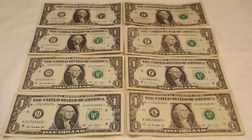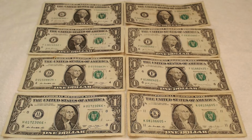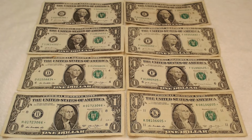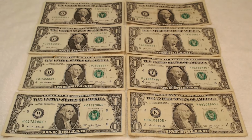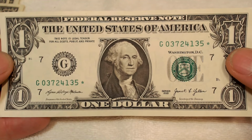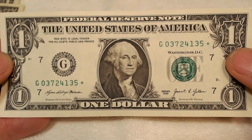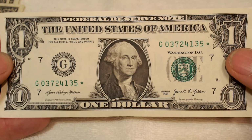We had 8 common star notes with 3.2 million print runs. These sell for around $2 a piece on eBay, so after you subtract face value, we're looking at about $8 in profit. We had 1 star note with a 640,000 print run. That's relatively scarce compared to the other ones. It's also in pretty good shape, so I'd say it's worth around $5 on eBay, or around $4 in profit